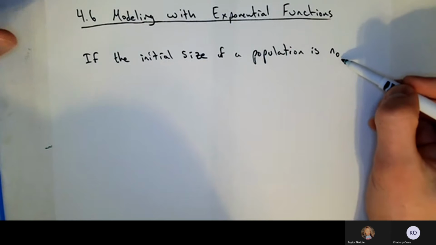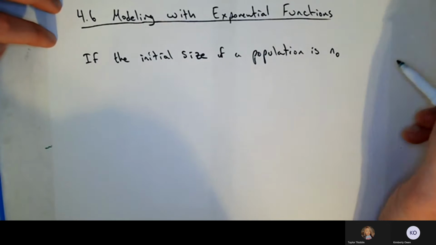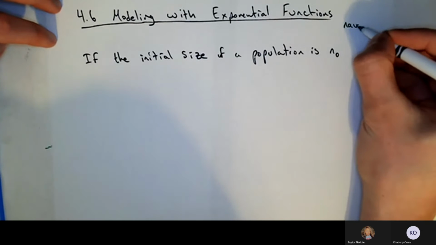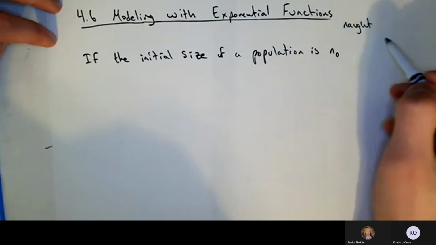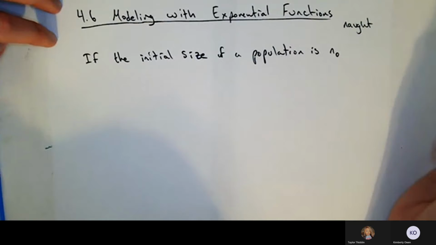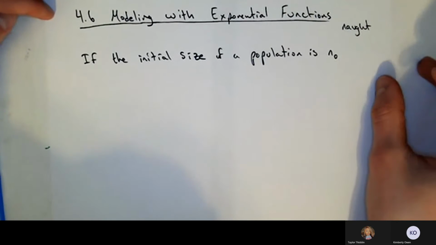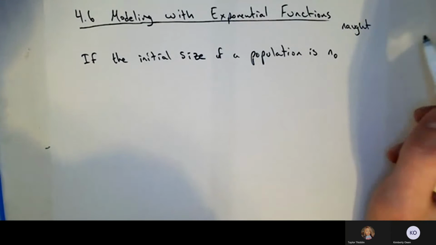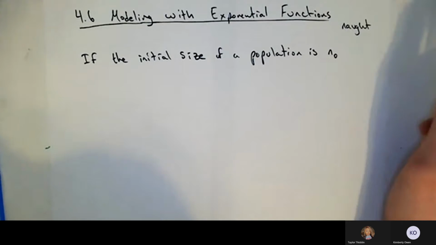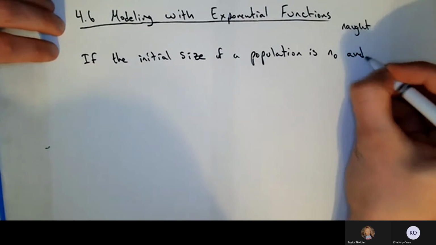And when you see subscript 0, it's sometimes read as n naught, not NOT, but NAUGHT. You may have seen that if you've taken a physics course before, like when you're talking about initial and final velocity, sometimes people will call initial velocity V naught. Anyways, okay. And the doubling time